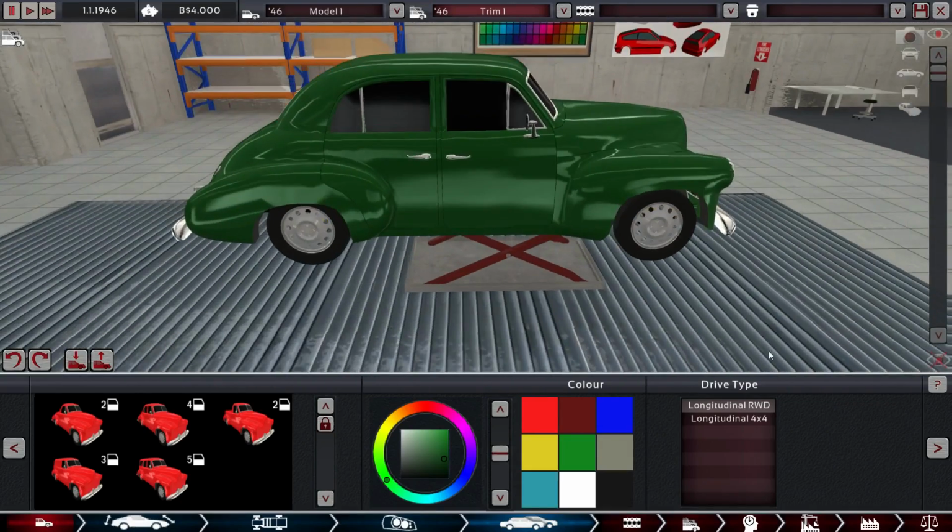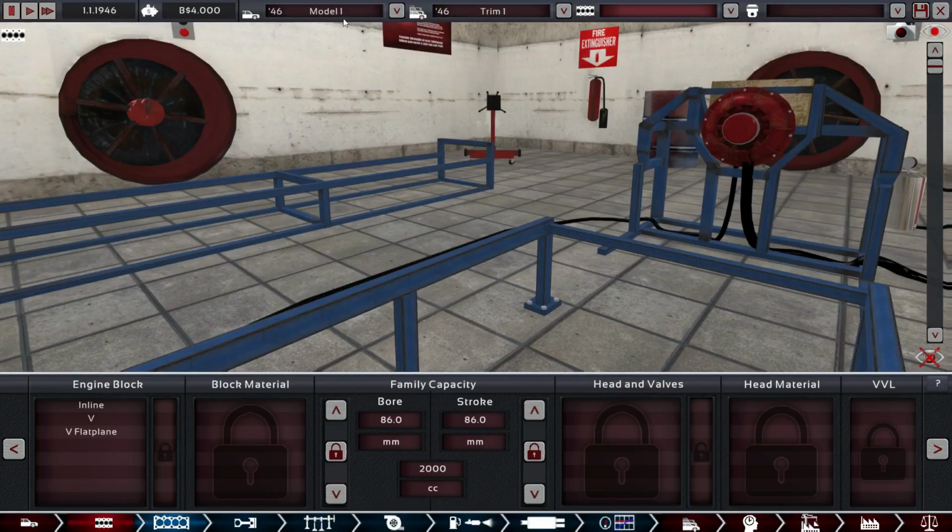That's just so classic, it's beautiful. We should give this car a name. What's the name gonna be? Actually no, we'll do that at the end. That can just be the model one again. So,